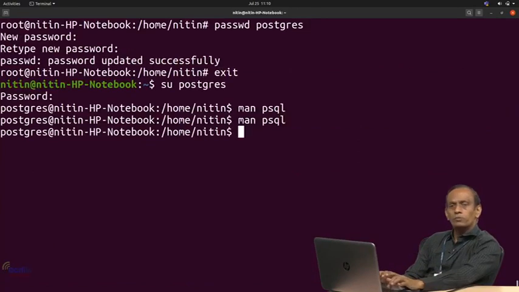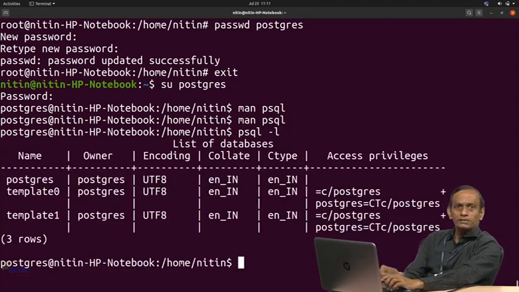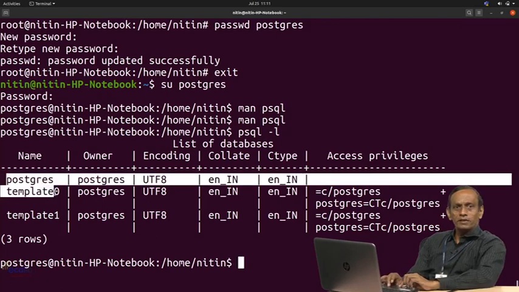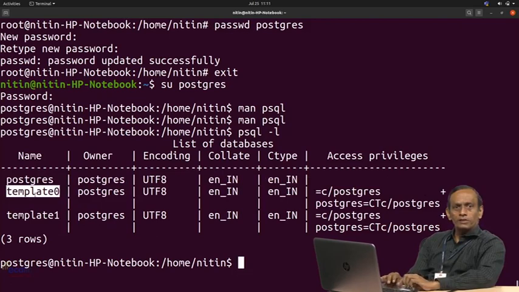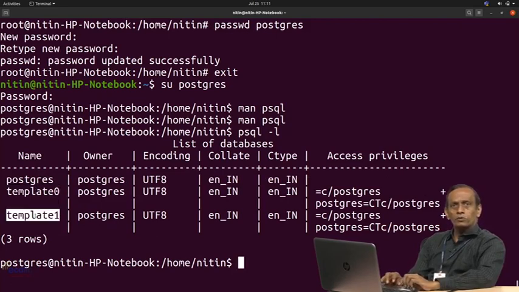Now, when we install Postgres on our operating system, Linux operating system for a while, by default, as we saw, after installation a Postgres user is created, and when Postgres is completely installed, by default there would be a few databases which are created by the Postgres server. So, let us see which are they. These are the 3 databases that are automatically created for your system. The names are Postgres, template 0 and template 1, and each one of them is going to do a specific kind of task.